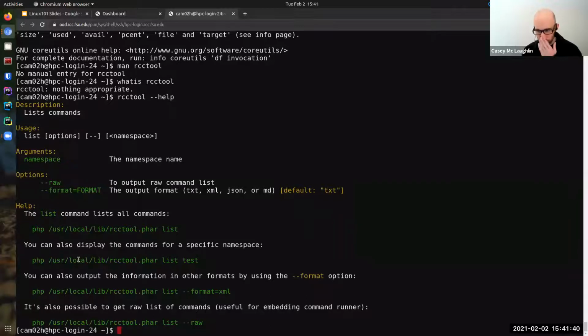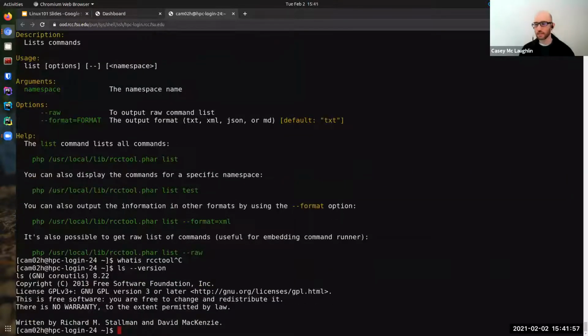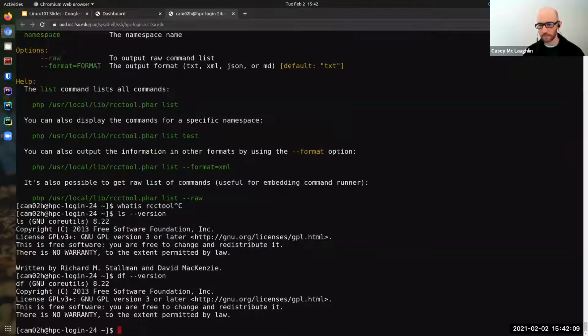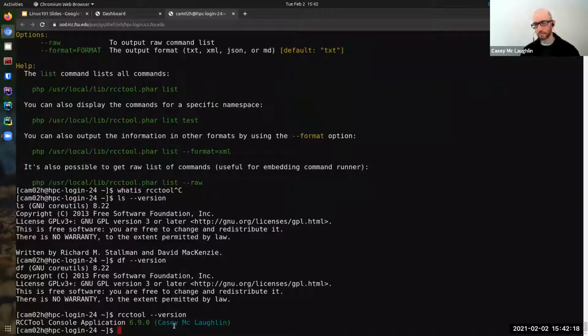So that is when you can't find any manual page, just append --help and see if it has a help section at least. Likewise, --version comes with most commands as well. And it just gives you the version number and the attribution information. And then of course, oh yeah, I wrote that. Okay, any other questions at this point before we move on?